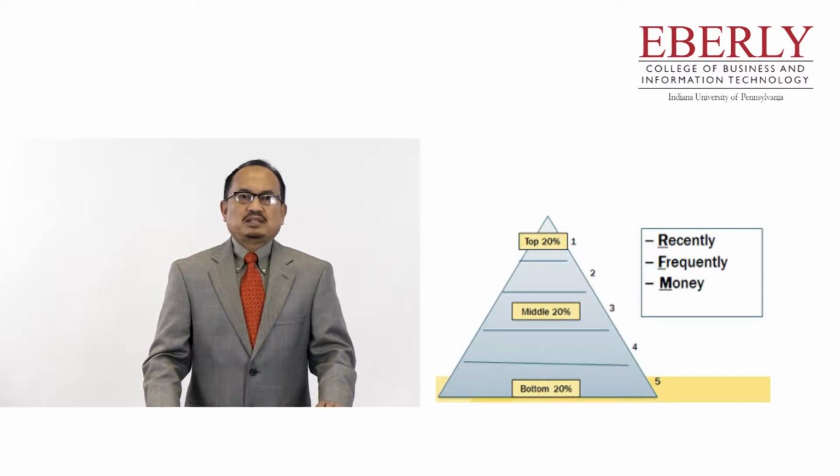The first customer, Big 7 Sport, has ordered recently and ordered frequently. Big 7 Sport's M score of 3 indicates that it does not order the most expensive goods. From this score, the sales team can conclude that Big 7 Sport is a good regular customer and that they should attempt to sell more expensive goods to Big 7 Sport.